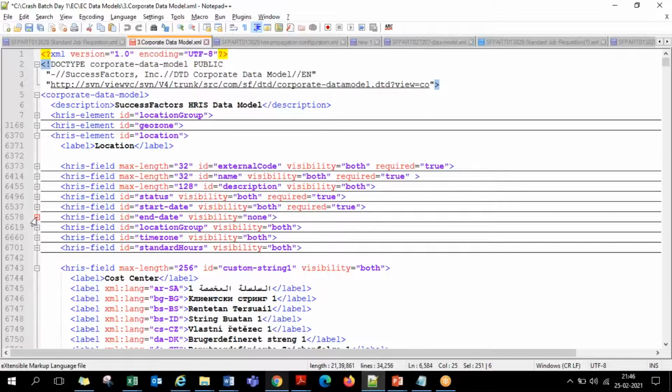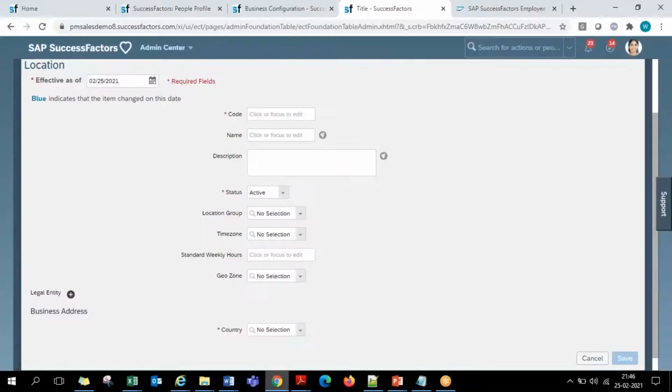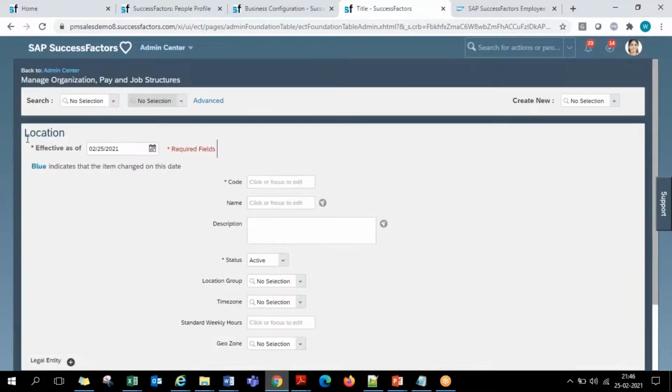Okay, but at the corporate data model level, the necessity of any changes will be in very, very rare cases, guys. Because this location creation screen, location group creation screen, department, all these screens are not something they keep on regularly using.